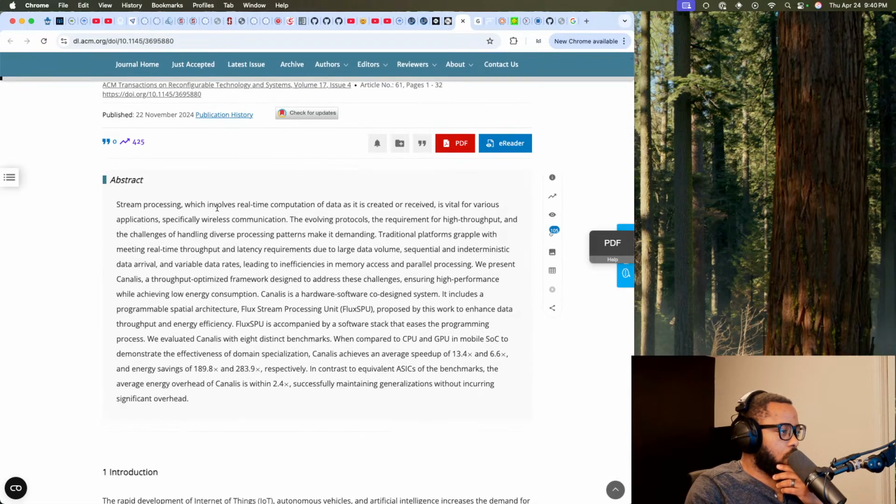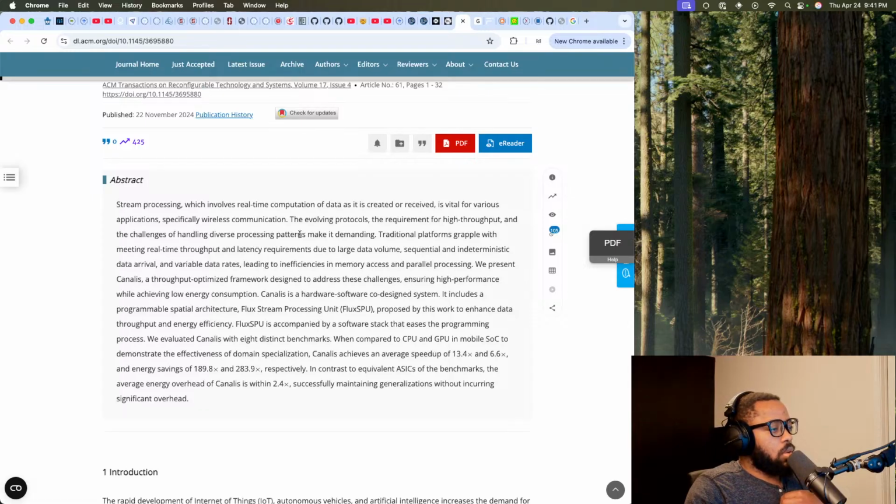Stream processing, which involves real-time computation on data as it's created and received, is vital for various applications, specifically wireless communication. The evolving protocols, the requirement for high throughput, and the challenges of handling diverse processing patterns make it demanding.